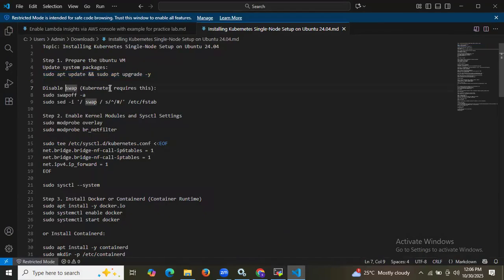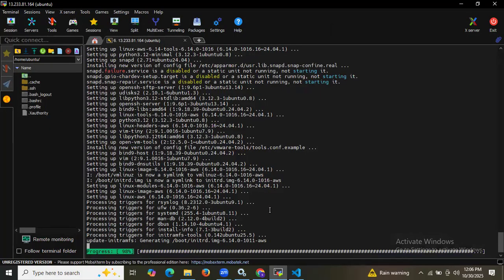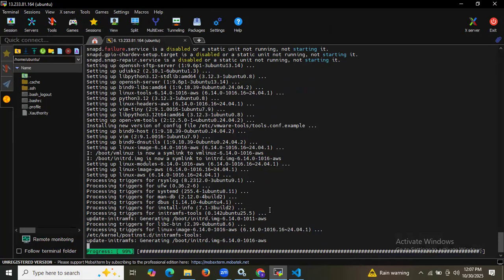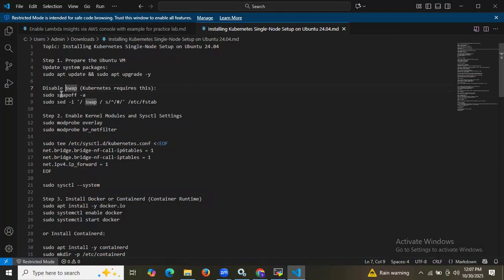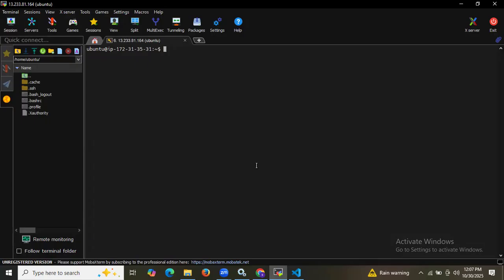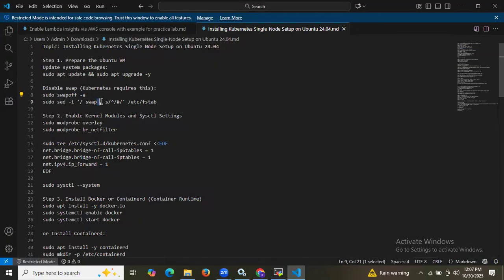Then the next step is let's disable the swap. Okay, Kubernetes requires this. We need to run these commands for Kubernetes. So Kubernetes requires these commands to disable the swap. After this, we are going to run this command. So it's done. We successfully updated and upgraded our system packages. Let's disable the swap using the following command. And the next one is